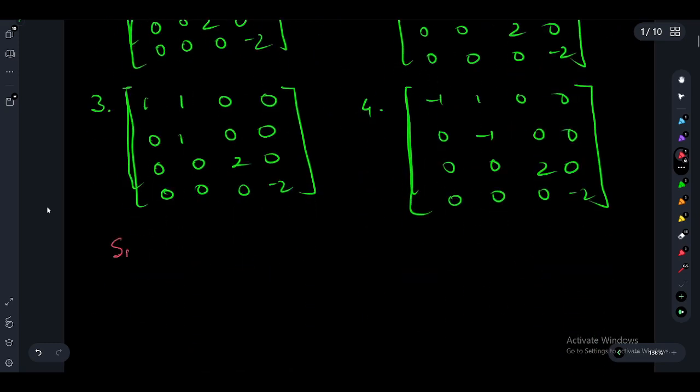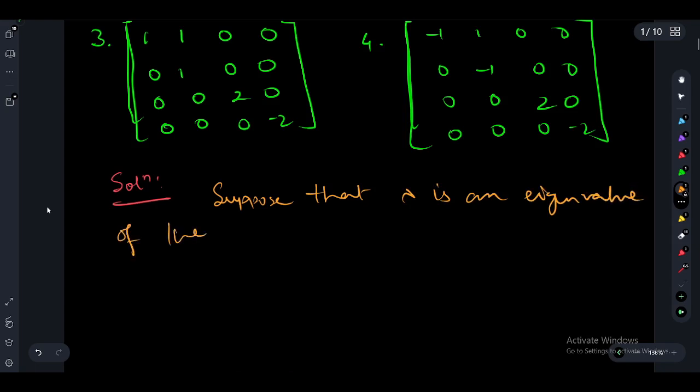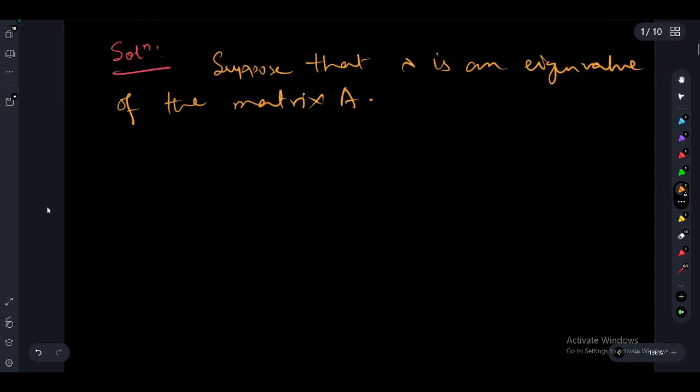To find the Jordan canonical form of a matrix, first we have to find the eigenvalues of the matrix. To find the eigenvalues, let's suppose that lambda is an eigenvalue of the matrix A. Lambda is an eigenvalue of the matrix A. Then we can say that